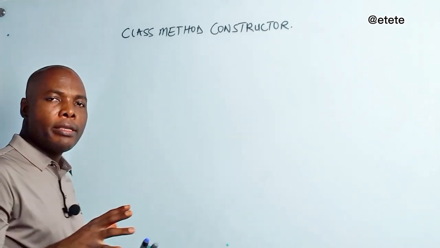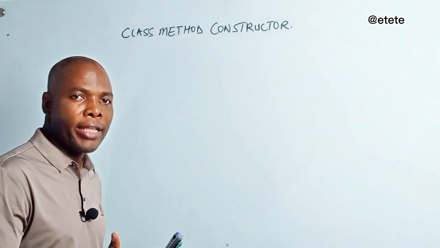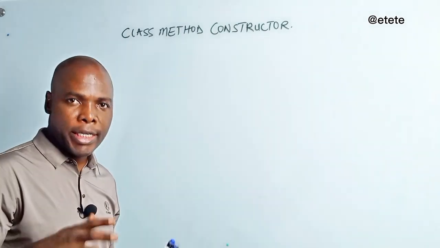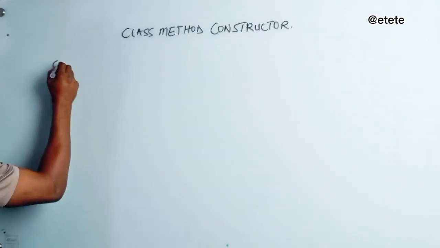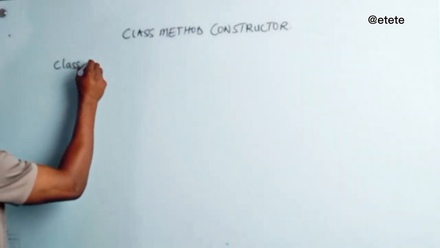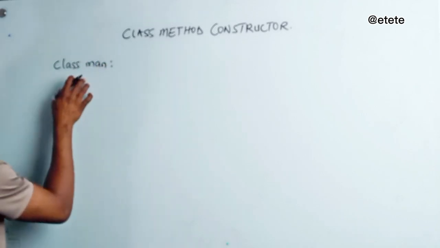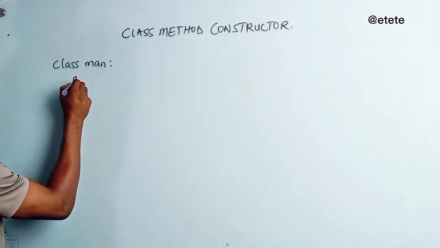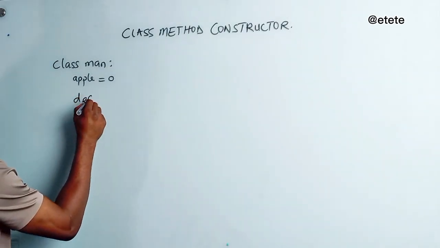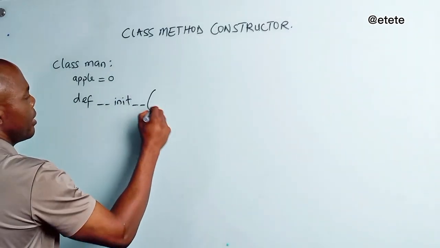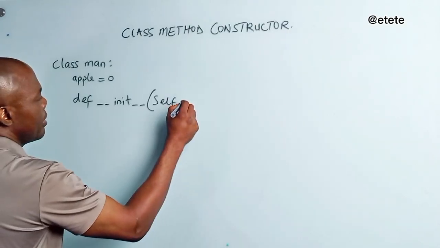Now, in the normal program that we write, what does this job is actually the init method. So we are going to write, and then we will see that. We'll say class, right? And then we'll say man. Then in this place, we'll say apple, and then we assign to it. So we are creating a class variable, right? That's what we are doing. We are creating a class variable. And then we'll now define init, and then we'll say define, and then we'll supply self, then we'll supply name,